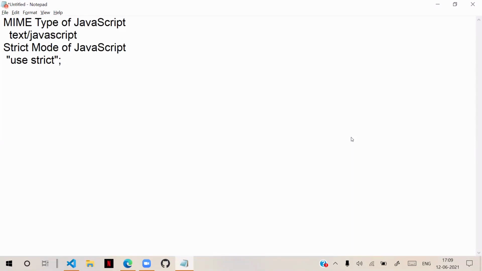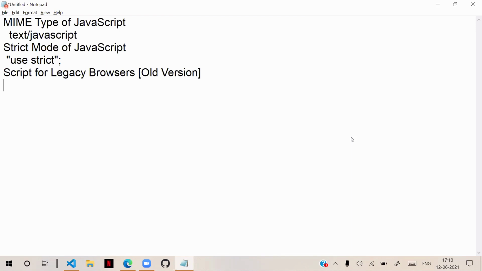Another point is script for legacy browsers. A legacy browser is nothing but an old version browser.